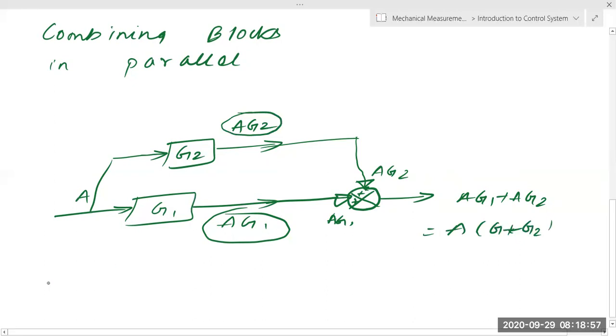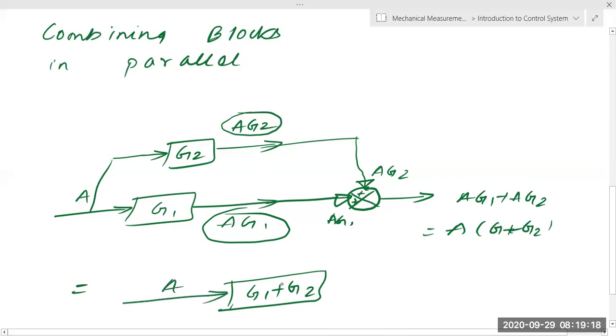What does it indicate? It indicates that if I convert this diagram, parallel block diagrams, into a single block diagram, if there are three blocks which are in parallel, then all the signals will get added. In series, all the signals were getting multiplied, and in parallel, all the signals will get added. Whatever is the incoming signal will be A. So this will give us A into, similar to that cascade, single cascade. So A into G1 plus G2, if you can see, both the signals are equal.